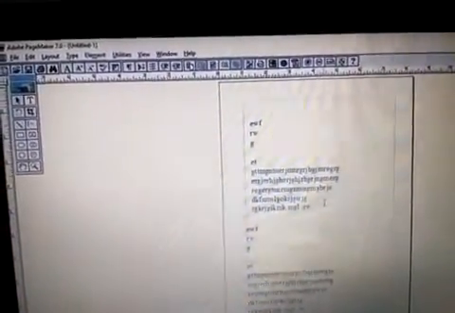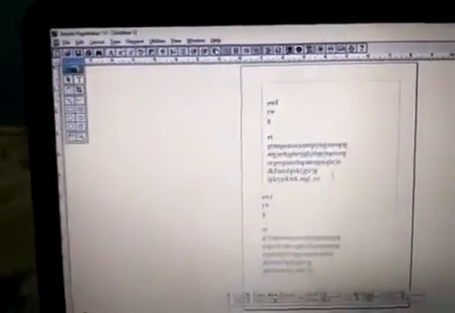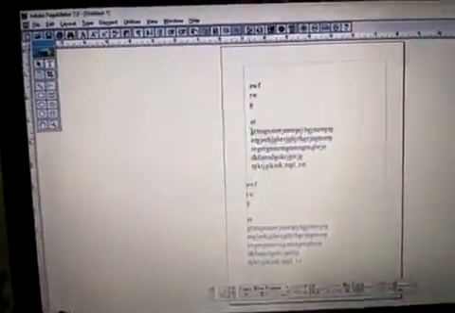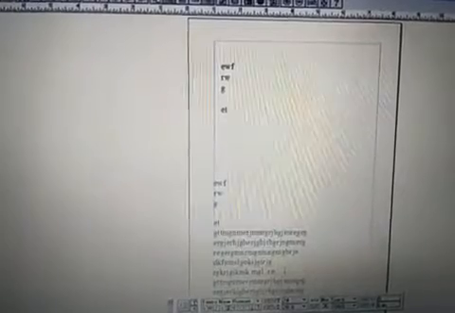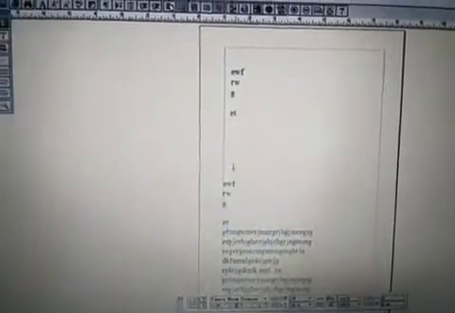So how to move text from one place to another? With the help of shift and arrow keys, I am selecting the text, and with Ctrl X, which is used to cut the text, I delete the text from the original position. I place the cursor at the end of the document and press Ctrl V, which is used to paste the text.